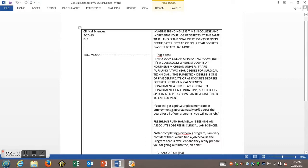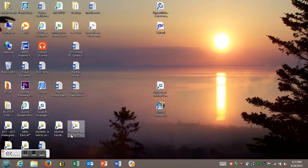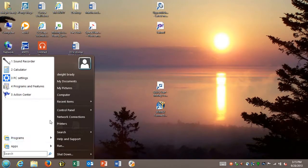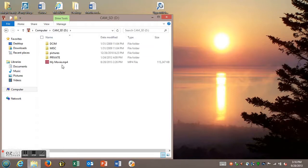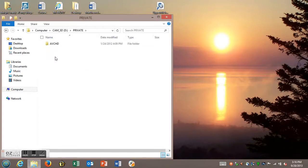So again, with this in mind, we've got the script all ready to go. So we can start at least getting some files moved from your SD card over into your hard drive. So we'll go here to computer, and let's say for instance you've got some clips here on your SD card. We go ahead and double click on that, go to the private folder, and then we would have our AVCHD, and what we would do here then is just right click on it